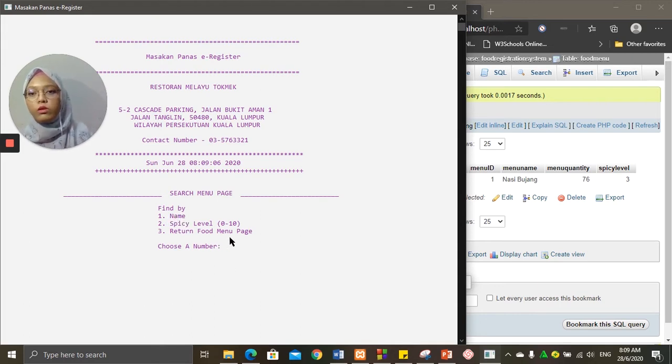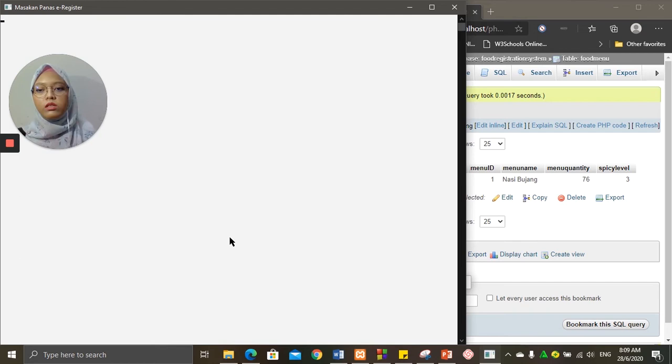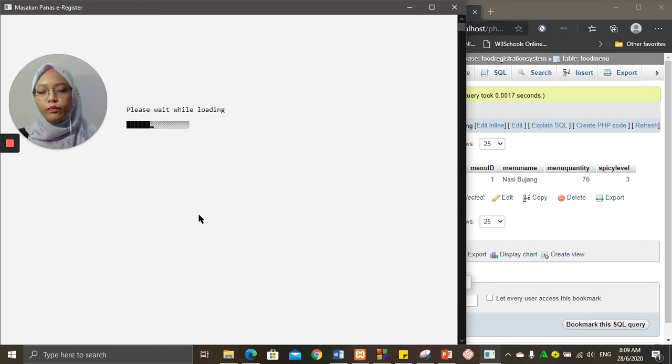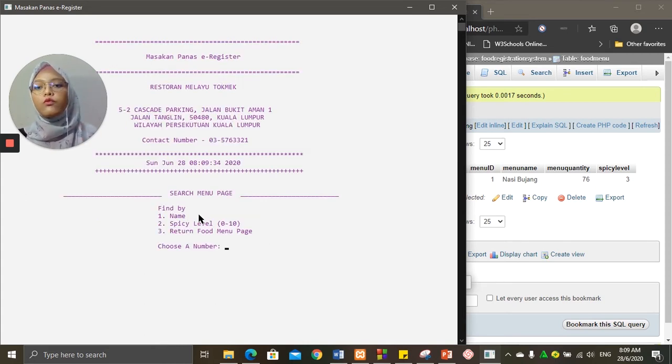First of all, we will go through the error handling. What if the user enters a number which is not 1, 2, and 3? For example 5. Again it says sorry, invalid input. Press any key to continue.